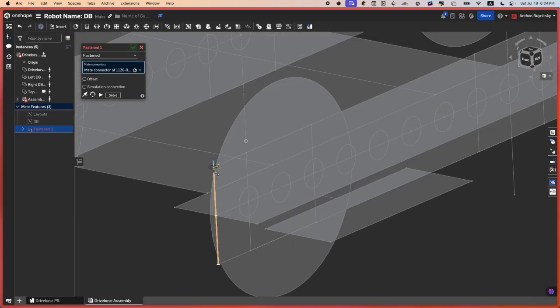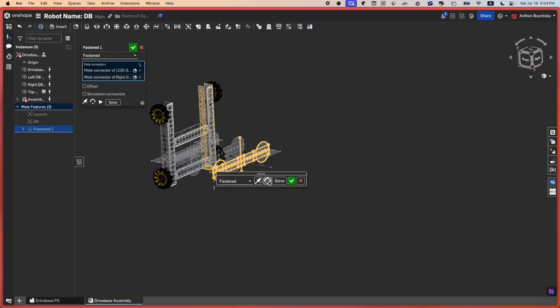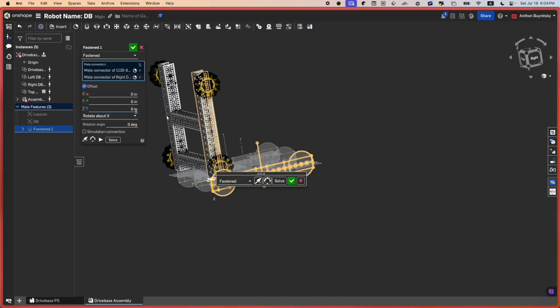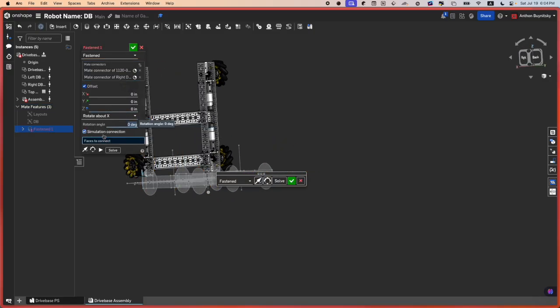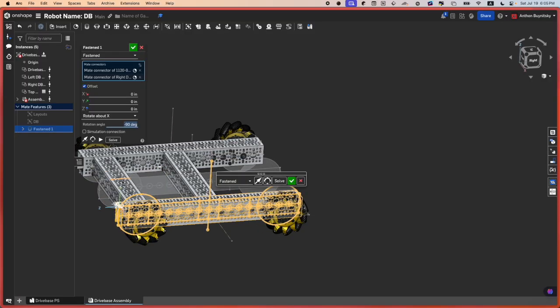Please. That's the wrong way. See, it's the wrong way, but actually what I'll do is you can offset it. So if you rotate about X by I think 90, negative 90, it is,